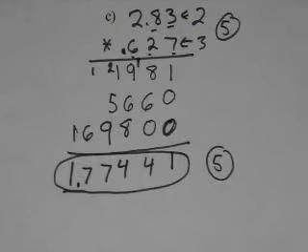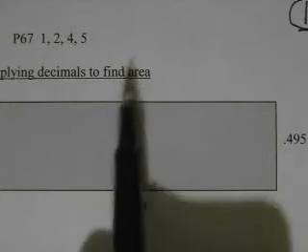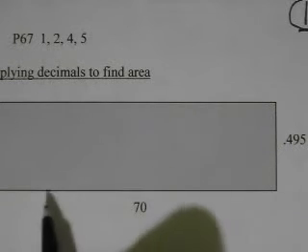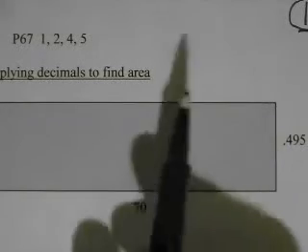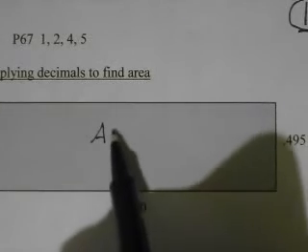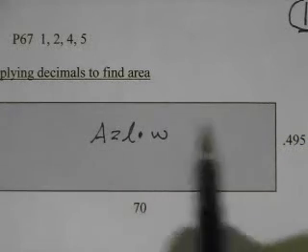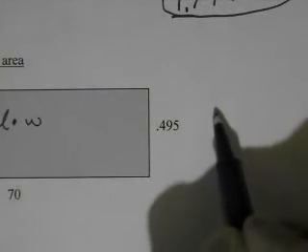Now, let's try an application problem. Here, we're going to multiply decimals to find the area of this big rectangular shape here. Now, I've given you the length and the width. So, if you remember back from chapter 1, the area of a rectangle is the length times width. So to find the area, we need to multiply these two numbers together. Alright. So, I always put the longer number on top,